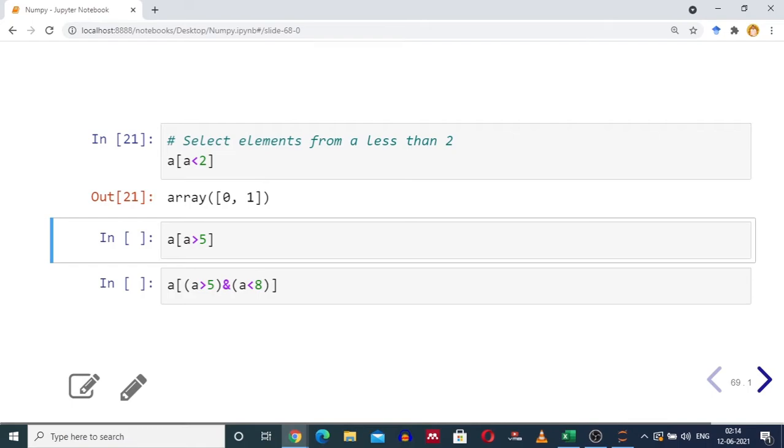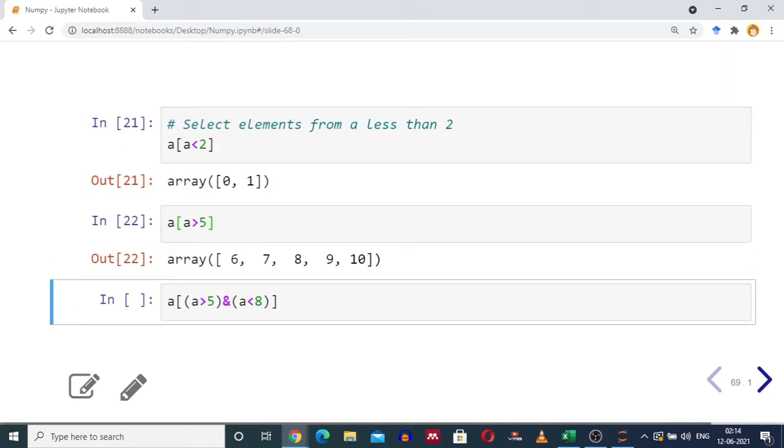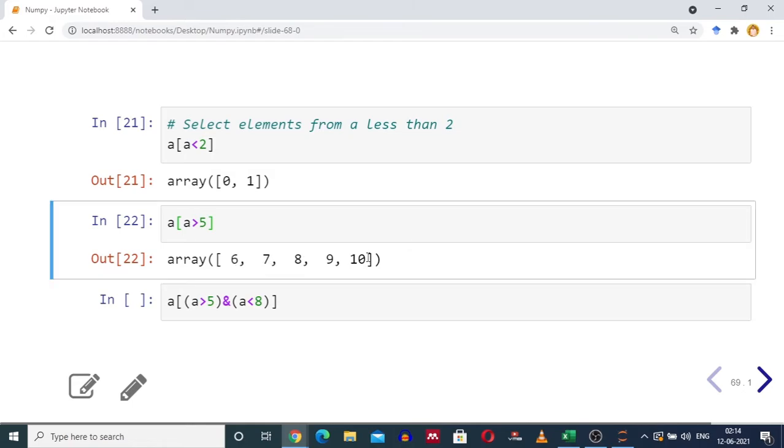Now we want to get the elements from the numpy array A which are greater than 5. So we will run the condition A greater than 5. So all the elements greater than 5 will be returned: 6, 7, 8, 9, 10.